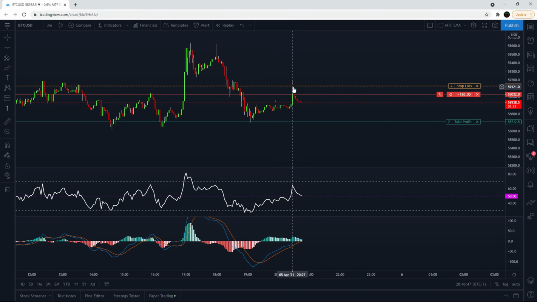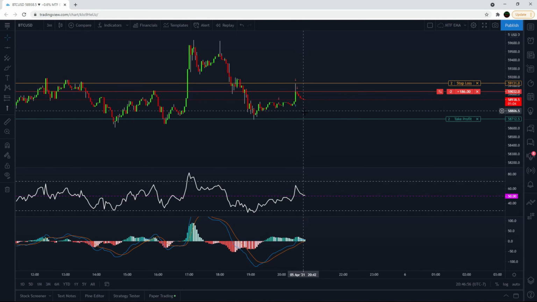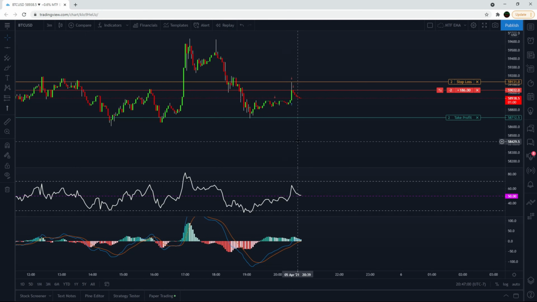And so I saw this rejection wick, and then I saw this red candle. So I entered the short here. I entered another half of the position here, and I'm looking for the continuation down for at least a double bottom here. And the thing about this strategy, and the reason why I don't currently use this exact system, is